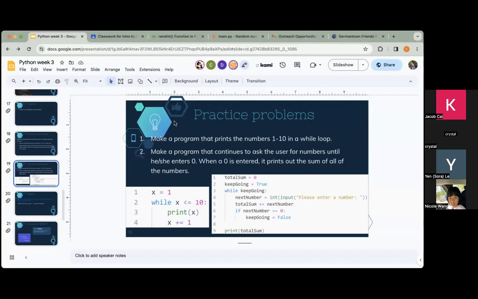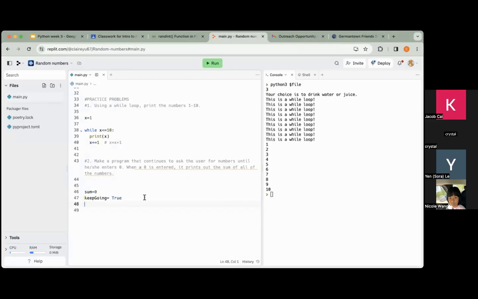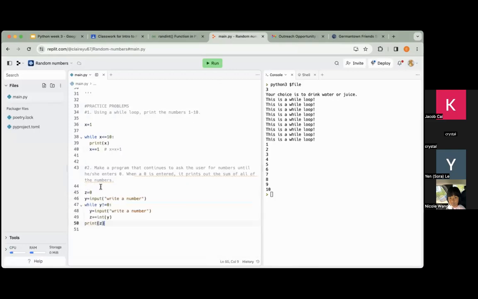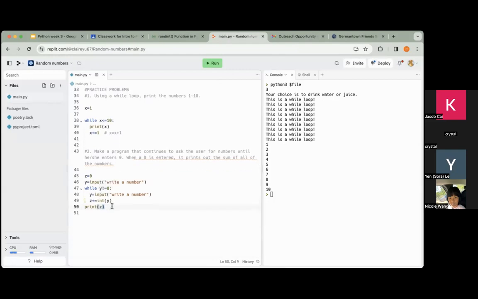First, let's see Jacob's code. Thank you, Jacob, for sharing. That's really helpful so that we can see some of what we're doing. Cool, so we have z is equal to 0, y is equal to input, write a number, and while y is not equal to 0,